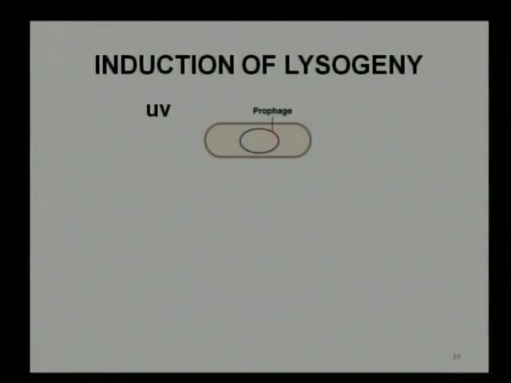Induction is the effect when any stressed condition, or we can say the exposure to UV light, is applied to the prophage. If the prophage is exposed to UV light, then it will cause once again the